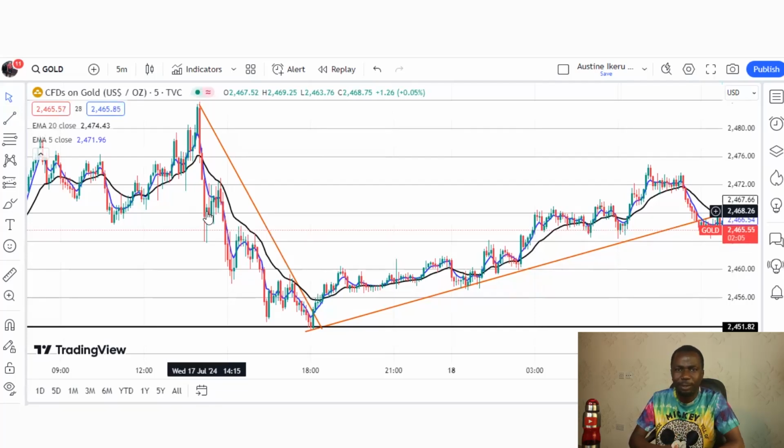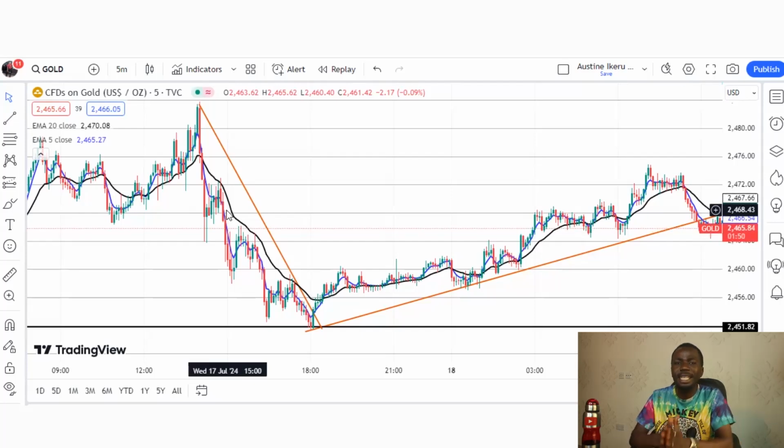So we scalpers, we don't have time to waste. We want to enter the market, take the money and leave the market as fast as possible. So that is why we have the moving average as an alternative resistance level for us. So what we are doing is we are watching the market to see the level that the market is respecting for us to be able to take our trades.